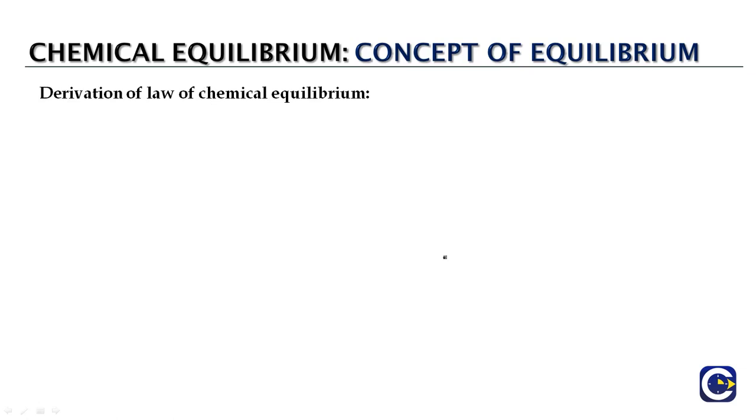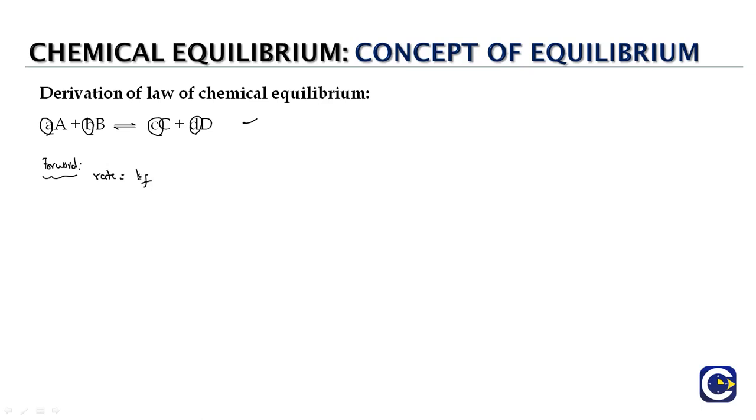Now we can define the law of chemical equilibrium using the idea of the law of mass action. Take the sample reaction where a moles of A combine with b moles of B to produce c moles of C and d moles of D. As per the law of mass action, look at the forward reaction, which means A and B combining to give C and D. For the forward reaction, the rate will be equal to the rate constant